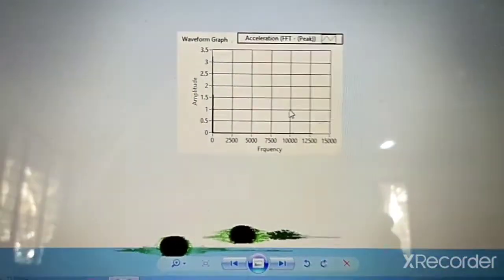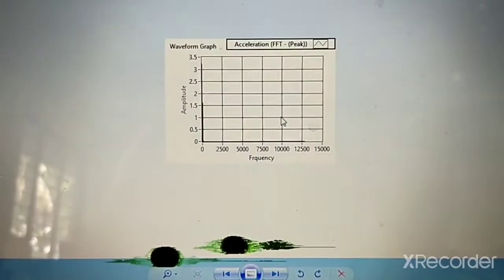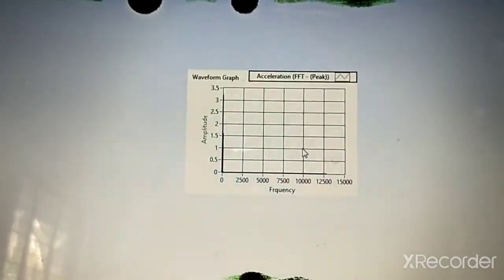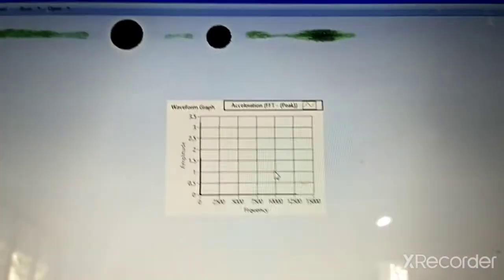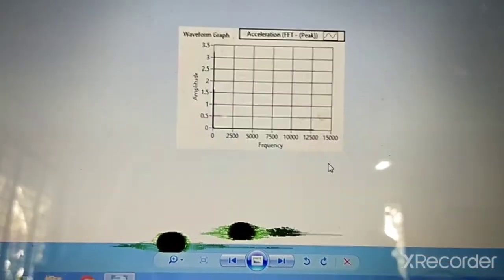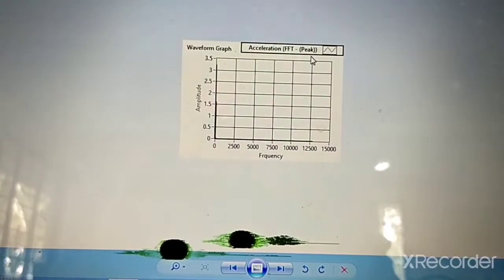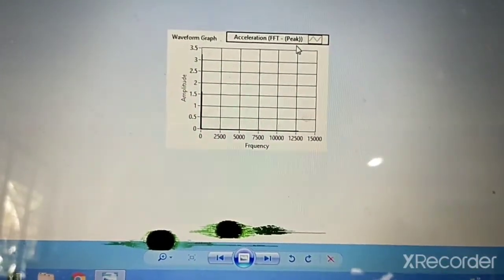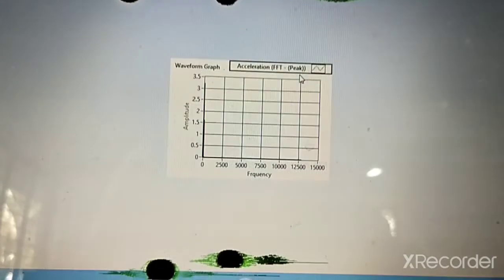So you can see that here I have used a cantilever beam, and here the vibrations are not high. That is why you are not getting a good graph over here. But if you change the application, you will get a graph. You can see the frequency versus amplitude. That is the frequency response graph. This graph is also called an FFT peak. FFT is nothing but the FFT analyzer, or fast Fourier transformation analyzer. It is also called a spectrum analyzer, which is used to convert the time domain into the frequency domain.